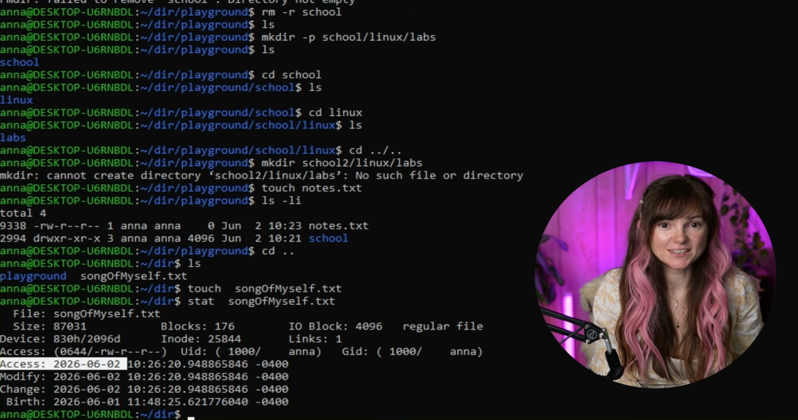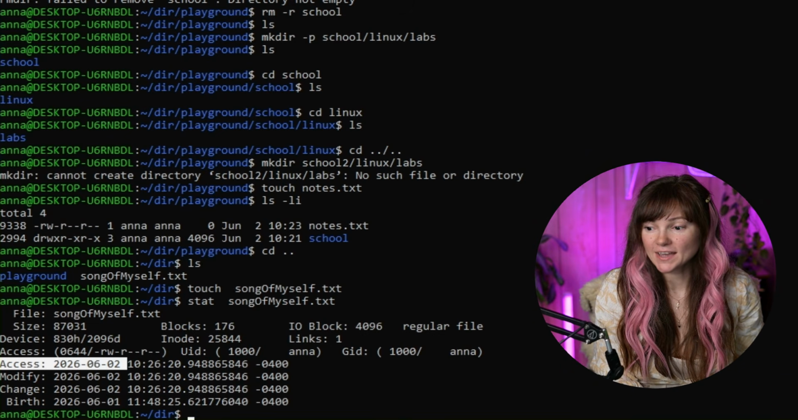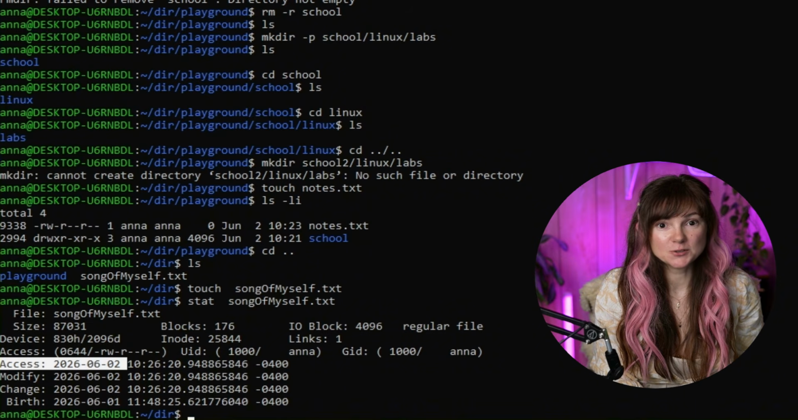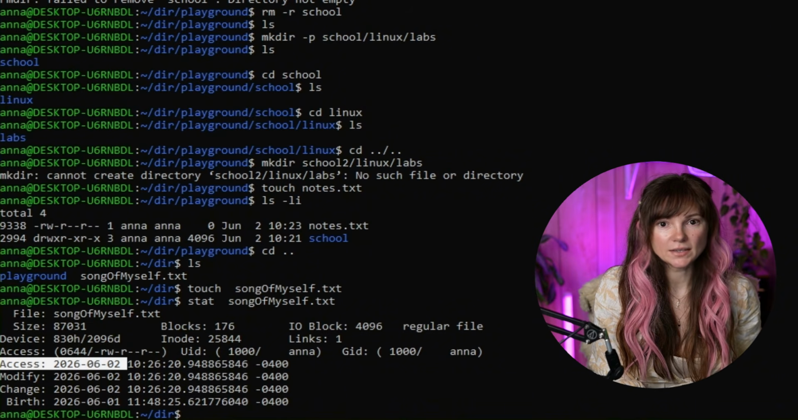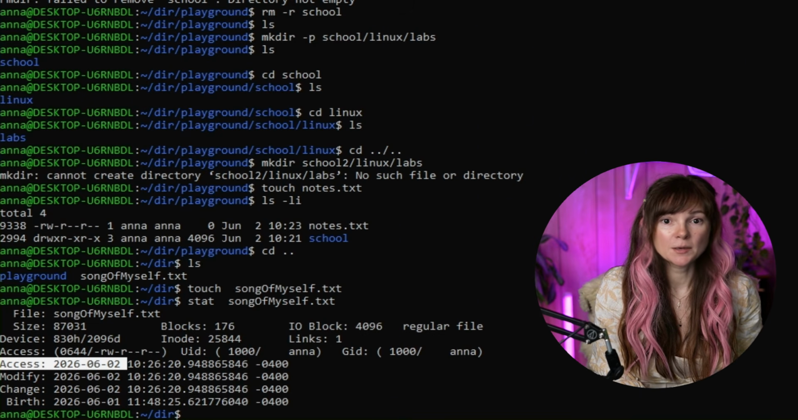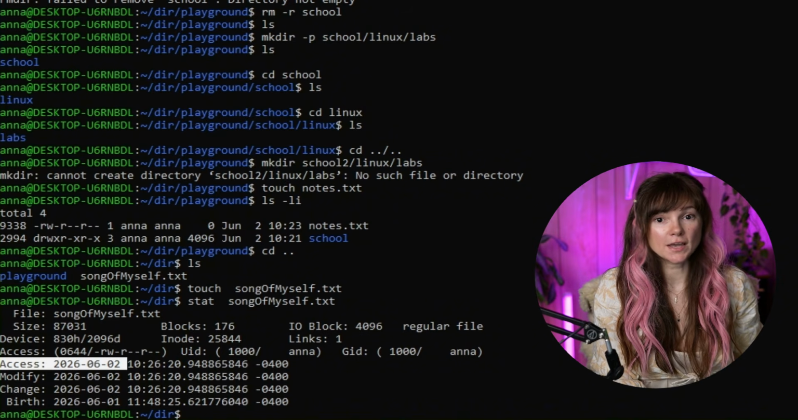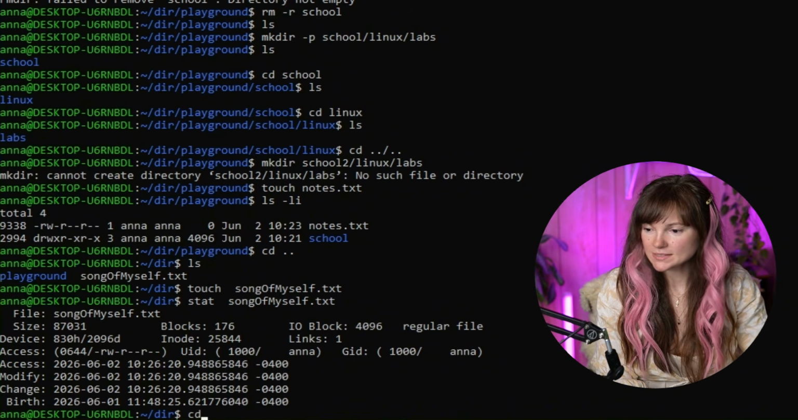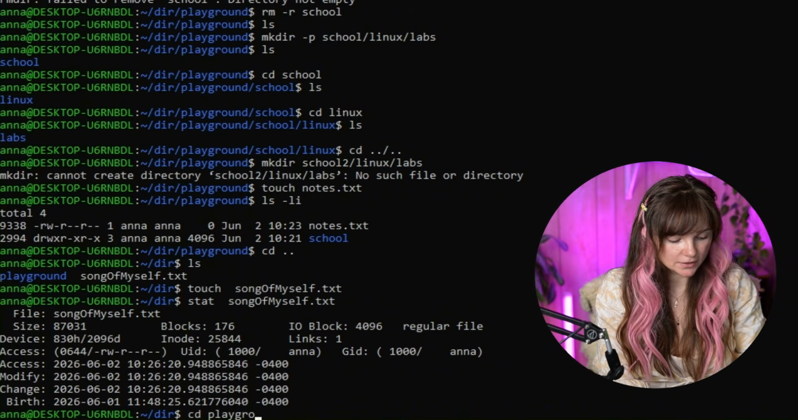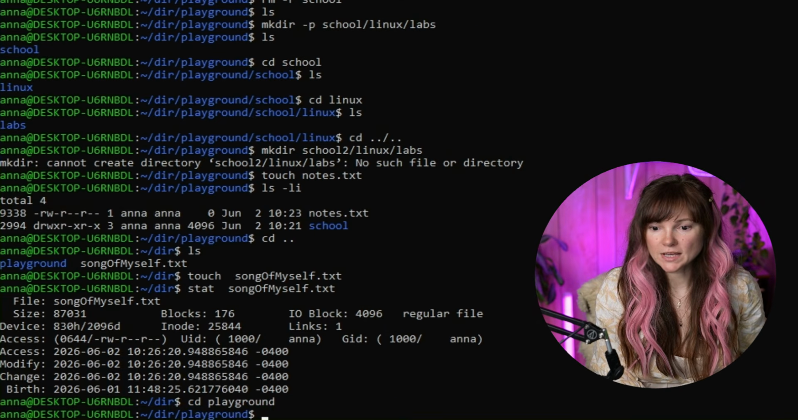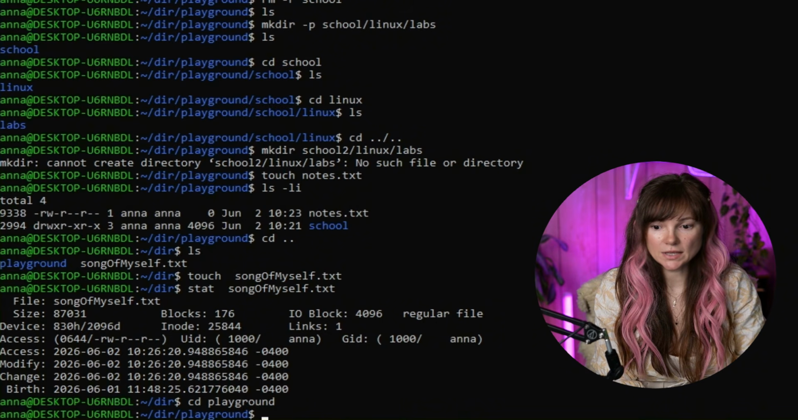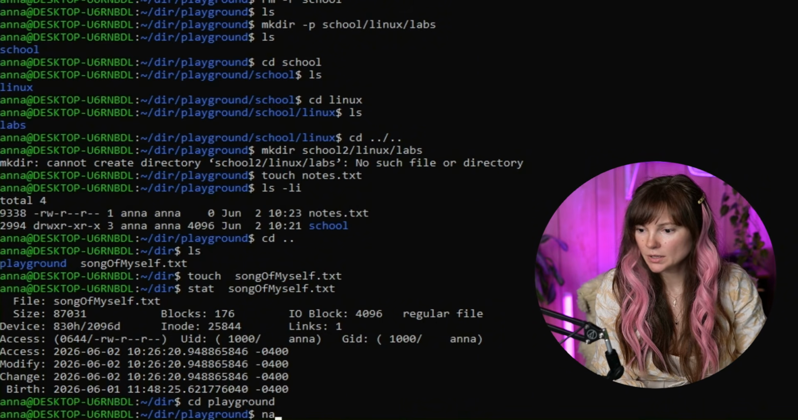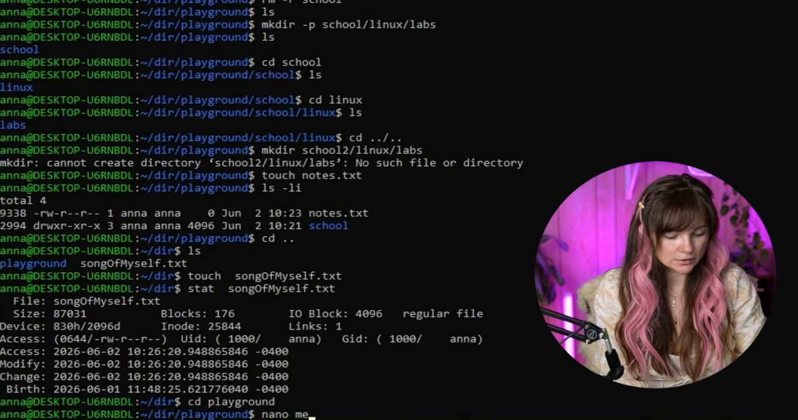It turned out that creating a file was the most useful side effect of the touch command. But touch isn't the only way to create a file. In fact, many programs will create the file for you automatically. Let's head back to our playground directory. For example, we can use the Nano text editor and just type nano, and let's create